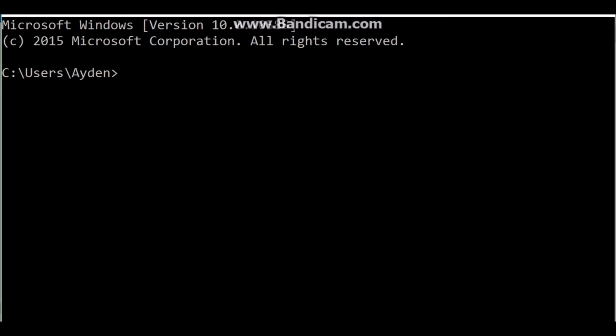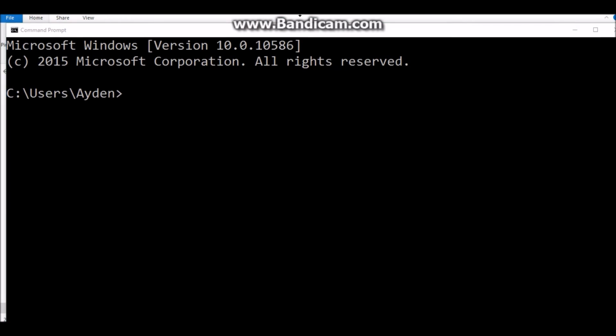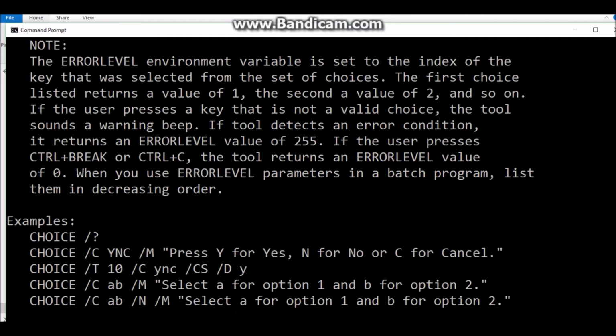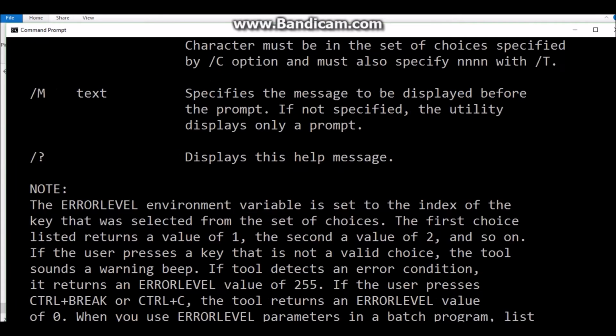Last time we learned about switches, which we'll be using in this episode quite a lot. We're going to say choice and then slash question mark, because that's what we learned last episode, to learn all the parameters. This may look scary, but